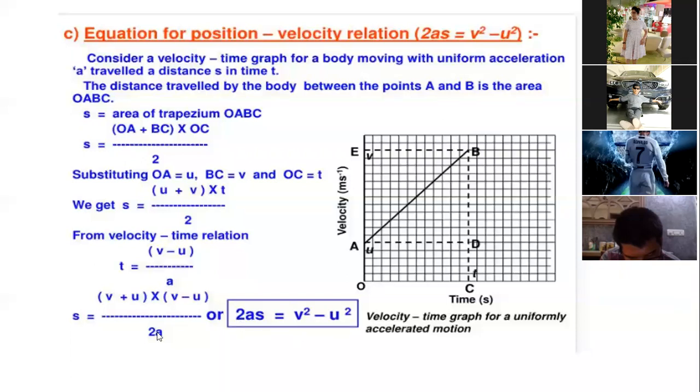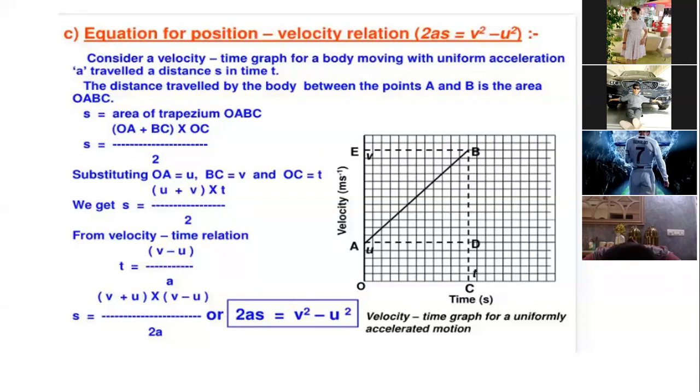So similarly, if you take this 2A to the left hand side by cross multiplication, 2AS is equal to V square minus U square. This is the final equation of motion derived by Newton. In this particular case, you will be substituting the area of trapezium because you are working with the equation related to position,